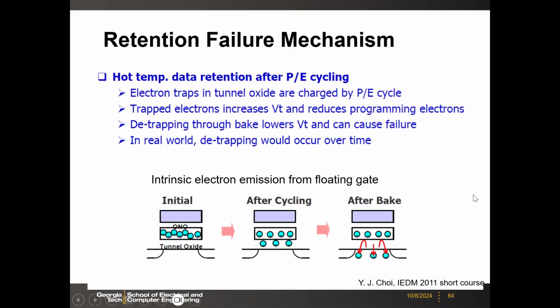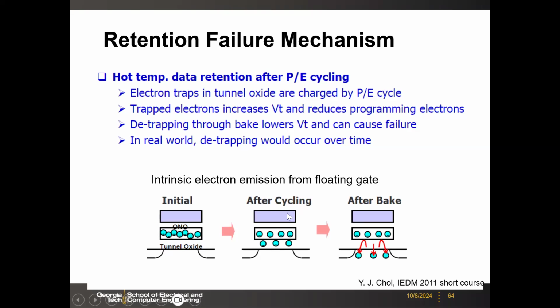So here, retention. Okay, so the retention actually will couple with the cycling, especially post-cycling retention will be more challenging. So here, the retention is mostly due to, let's say, for the program state, you have electrons in the floating gates, but then